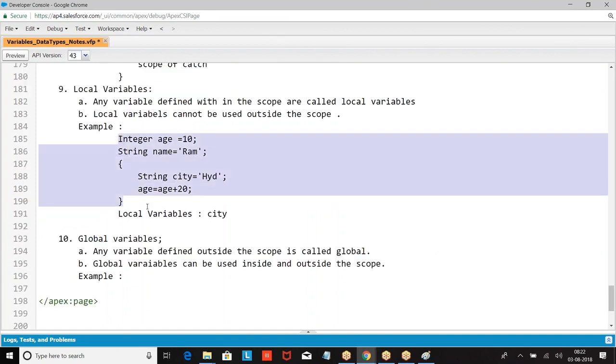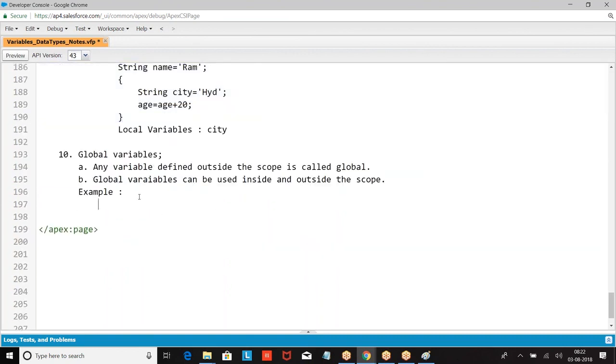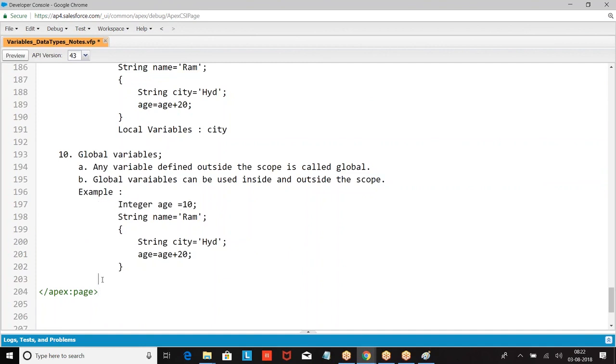Same story. What are global variables? Age and name are global variables. I hope you are clear. Any variable defined outside the scope is global.